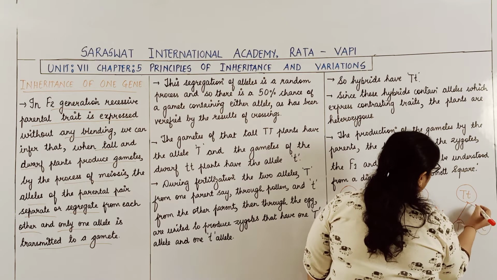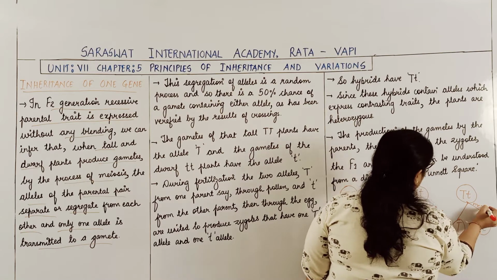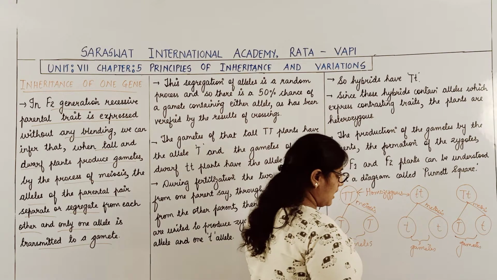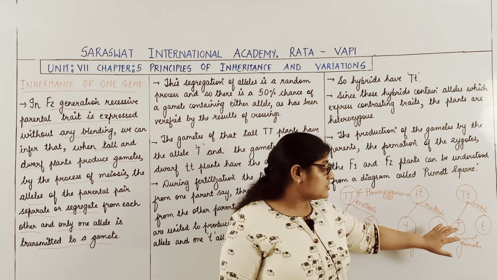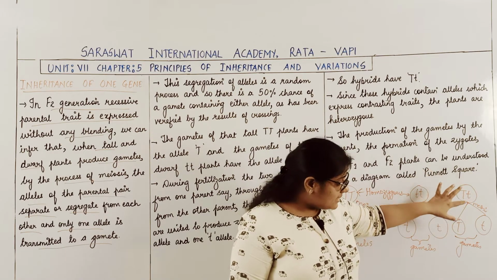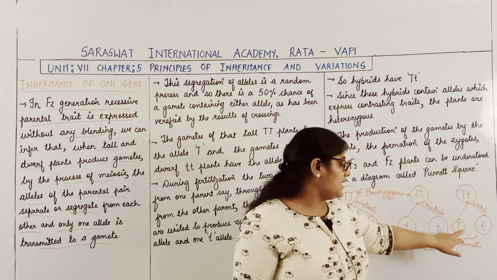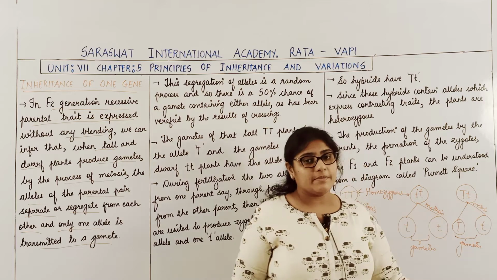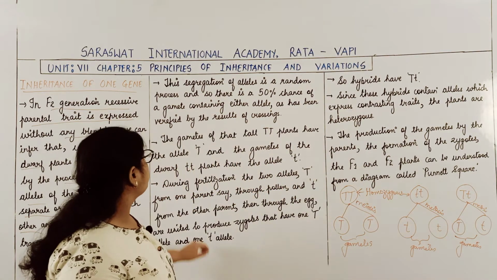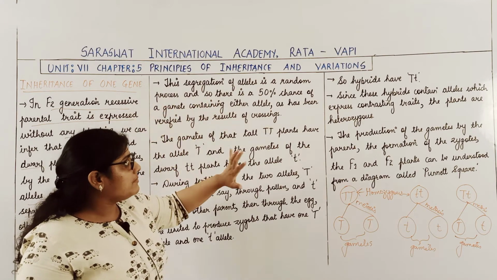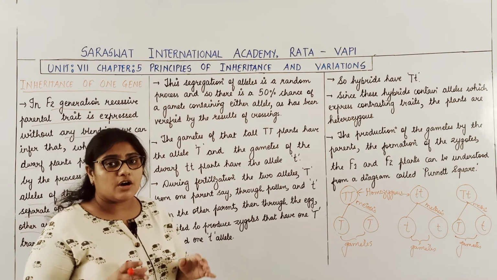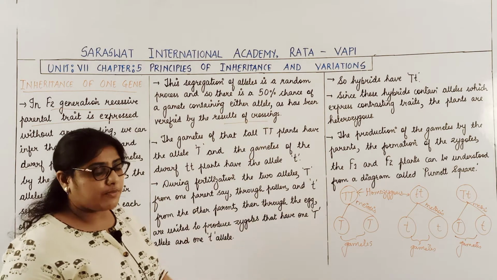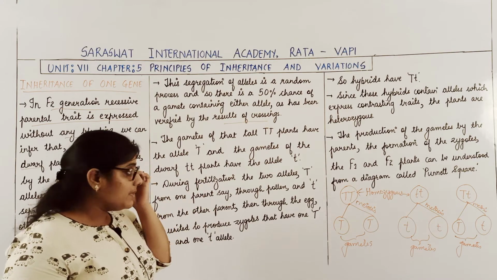During the process of gamete formation, what happens? These are the gametes. Now, there is a 50% chance that the gamete will receive either of the alleles. 50% of the gametes receive capital T, 50% of the gametes receive small t. And all this is not just a saying, all these results are concluded by the crossings. Crossings have been conducted and then the results have been inferred.